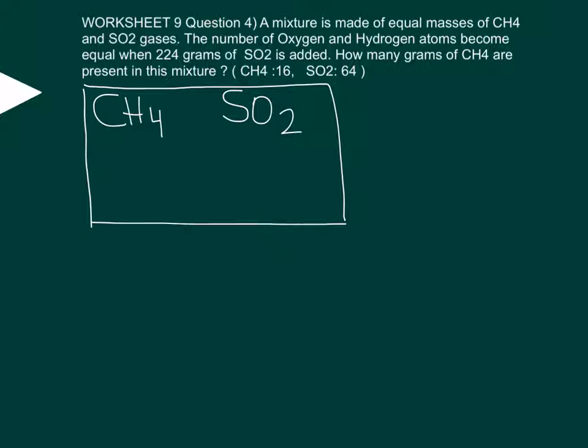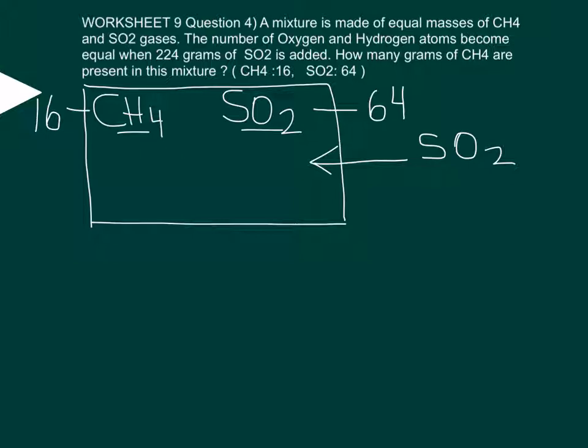Let's put the two gases, methane and sulfur dioxide, into the same container. We know that 1 mole of methane has a molar mass of 16 grams per mole, and sulfur dioxide has a molar mass of 64 grams per mole. From outside, we are adding some sulfur dioxide to make the number of oxygen atoms equal to the number of hydrogen atoms in methane. The amount of sulfur dioxide we're adding is equal to